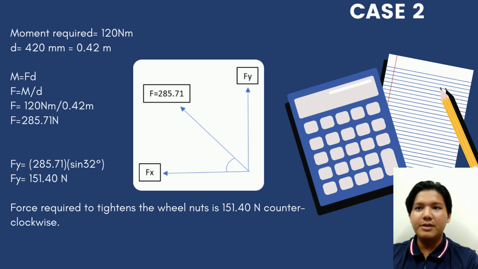So using the formula M equals Fd, we can see that the force required to tighten the nut is 285.71